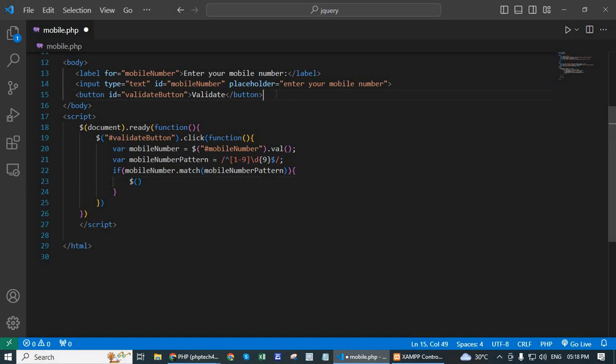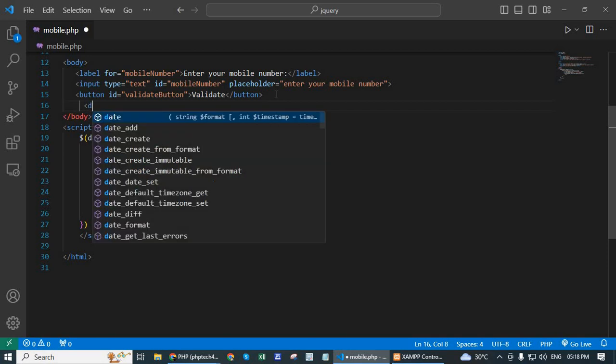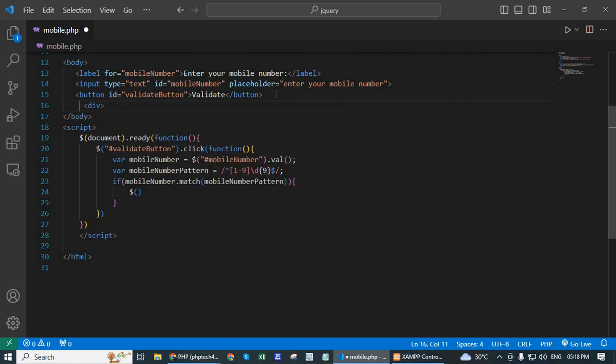And after the button we write a div to print the message, success message and error message. ID equal to message. And here copy this ID, double quotation open and close, hash message, dot text, double quotation open and close,